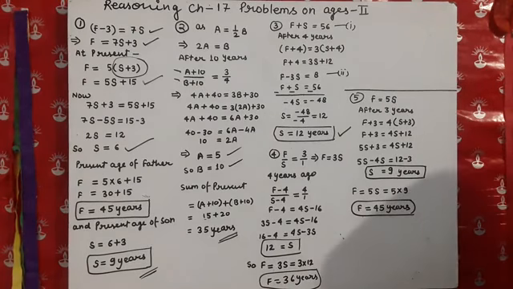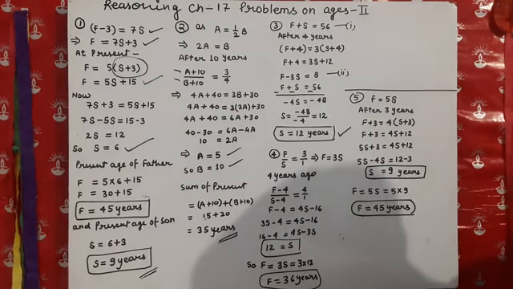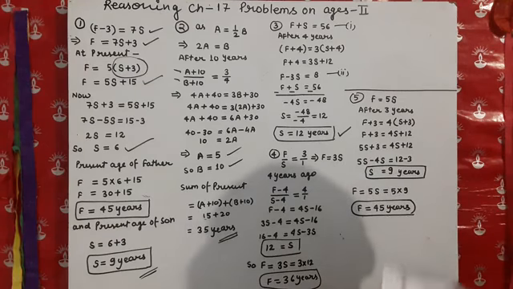So here I am going to check that here the age becomes 16 years. If the question data is not clear, we have to write down the answer according to that. What is the age of the son? So the age becomes 12 years. Okay. Now going to question number 4.